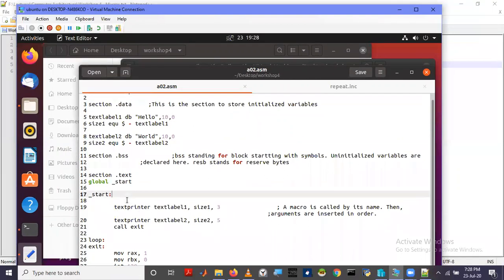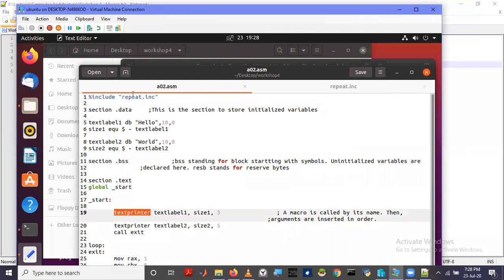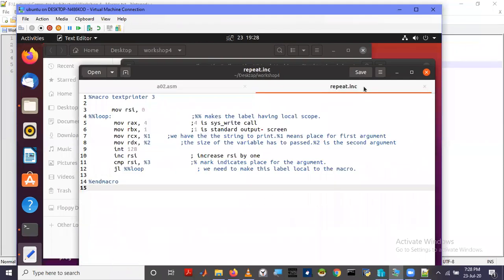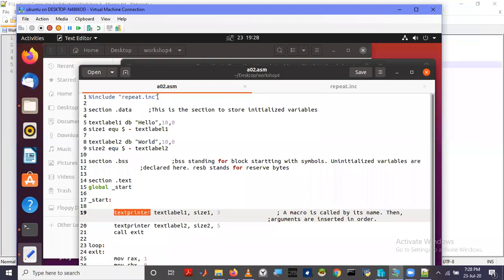So when it is called, this text printer macro is inside this file, so it has already been included and it can be called. But if you haven't included this, then you will get an error because this macro is not defined. We'll see whether this one works.